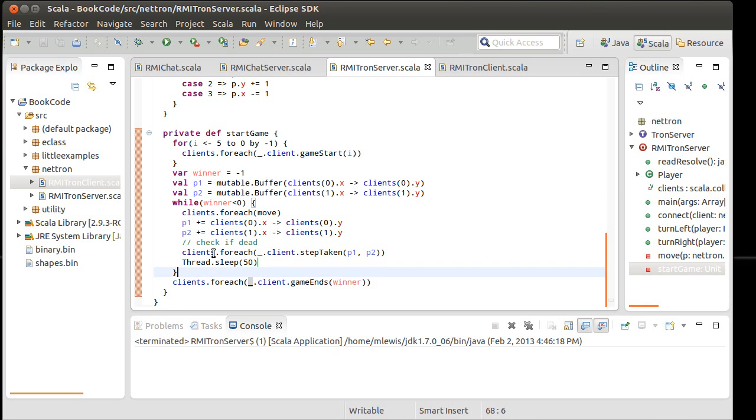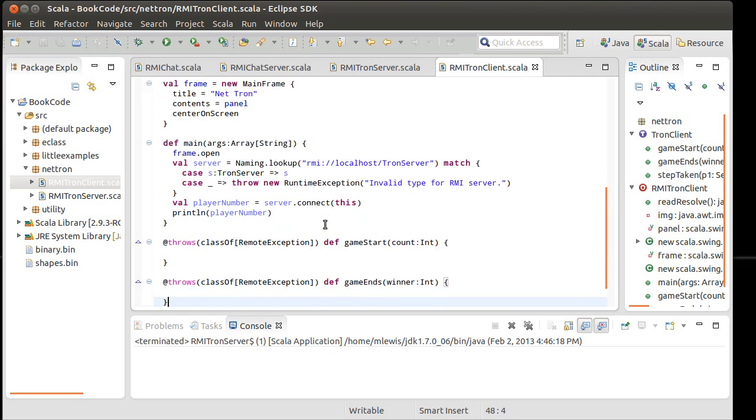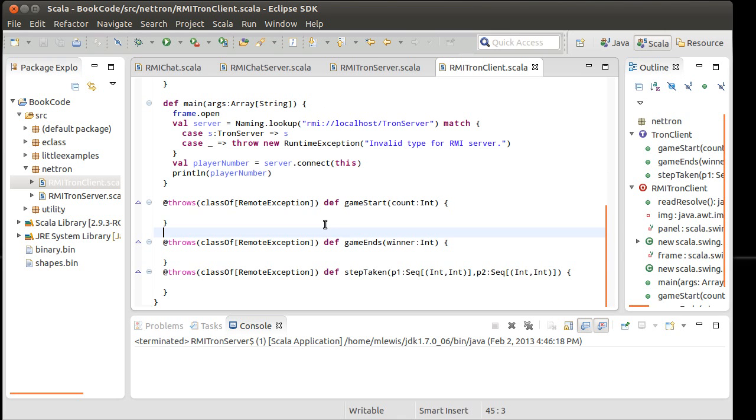So it's going to call each one and do the steps taken. I still have this to do in here to check if they're dead. We'll come back and we'll add that, but I would like to make it so that this can do at least a little bit of something. Game start, game ends. I'm not going to try to implement those yet. We'll come back in another video and implement those. But I do want to implement steps taken, and so what I'm going to do here is,